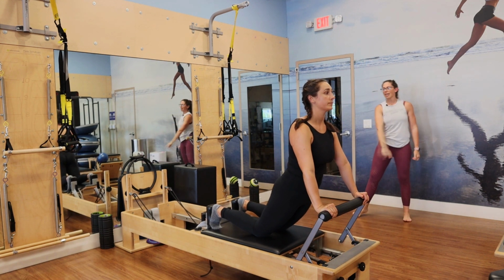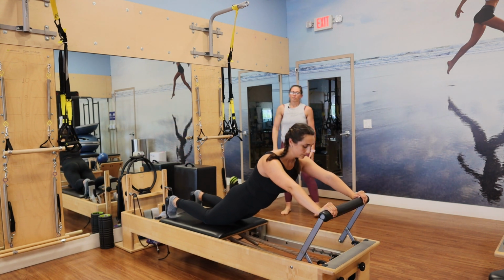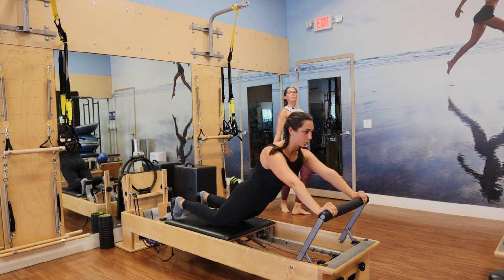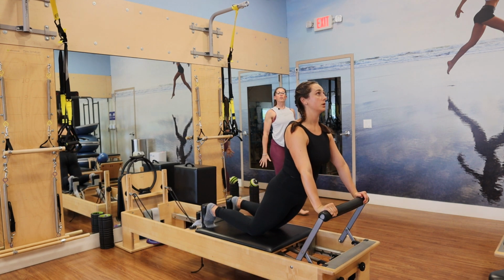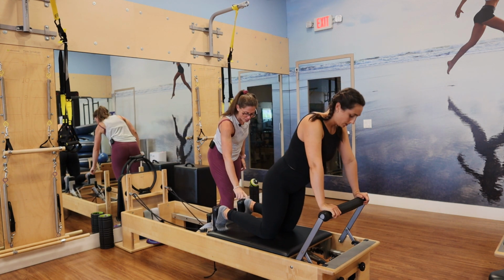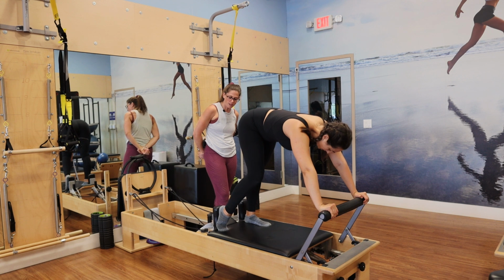Last one like this, inhale as you go back. Find those inner thighs. Exhale, pulls you all the way up and through. Roll the chest and the shoulders open. Good, and then from here, let's come up to standing. Slide your heels down halfway onto the shoulder blocks